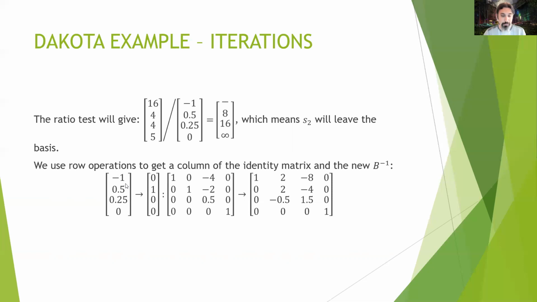So what I need to do is just multiply by this 2, and this one will become a 1. So all of these values will multiply by 2 as well. So 0, 2, minus 4, 0. After the multiplication by 1, I can just add it over here so that this one will become 0. So add this one into this one, which will give me 1, 2, minus 8, and 0, as you can